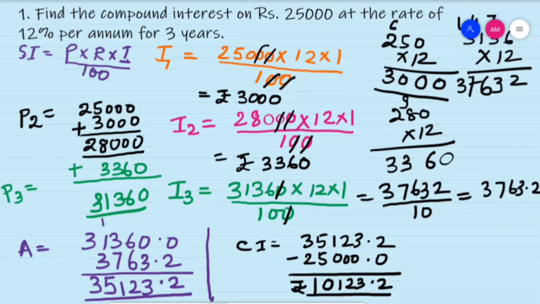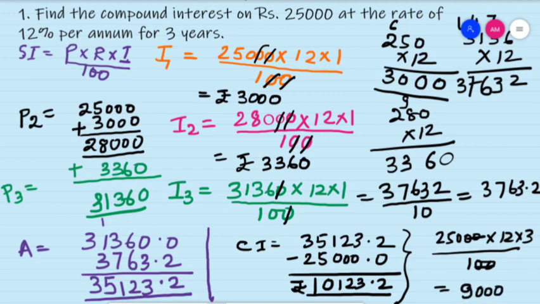See, if he would have given the amount 25,000 at 12% for 3 years, simply what would have been his simple interest? Can you tell me, children? Here I can calculate and tell you. 25,000 into 12 into 3 by 100. The zeros cancel, and you have 250 into 12. 250 into 12 is 3,000, and 3,000 into 3 will be 9,000. So he would have got simply 9,000 rupees if he had given it for simple interest.